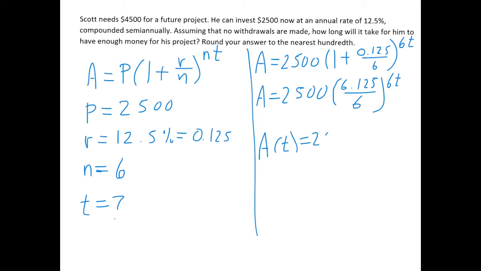And so writing this as a function, the function we care about is A of t is equal to 2,500 times 6.125 over 6 to the power of 6t. So this function here is going to tell us how much Scott has in his account at time t. And he needs to know, well, how long does it take for that money to turn into $4,500 through the power of compound interest? In other words, what we need to do here is solve